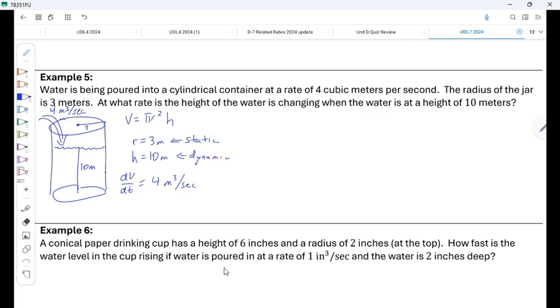We can plug in any static variables, so this should be relatively easy. We end up with differentiating the volume formula, dV dt. Actually, let me rewrite, plugging my static in first. We would end up with V equals pi times 9, so I'm just going to write 9 pi h. Agreed? Statics can go in now. You plug the 9 in, you're good. You plug the 10 in, you're bad. I should say plug the 3 in, you're good. So dV dt equals